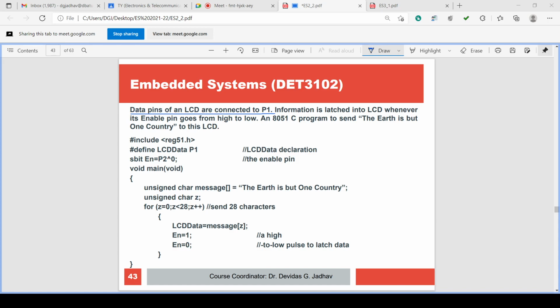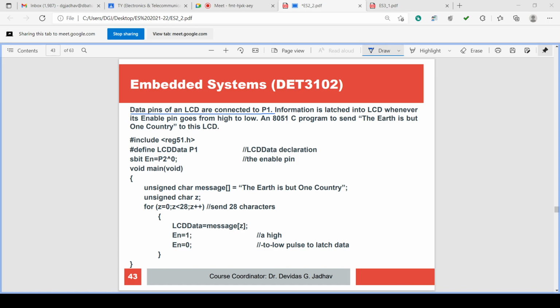VCC, VSS, ground pins are there. In contrast pin, some analog variation in the voltage can be given with the help of potentiometer. Just now we have discussed the potentiometer, how it gives the variable voltage, with 5 volt and ground. We have discussed in previous lecture today of open source software and hardware, isn't it? And you also know that in a potentiometer, one terminal is fixed, one more terminal is fixed, and the third terminal is variable.